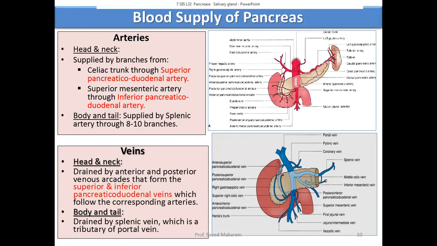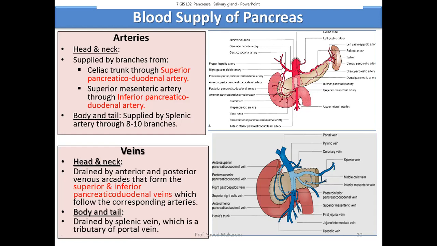Now coming to the blood supply of the pancreas. This is by two important arteries. One is from the celiac trunk and the other is the superior mesenteric artery. Why is it supplied by two arteries? Because you know the pancreas is coming from the second part of the duodenum where it is opening. Okay, so the second part of the duodenum also has a dual origin, because the part above the opening of the major duodenal papilla, above that will be by